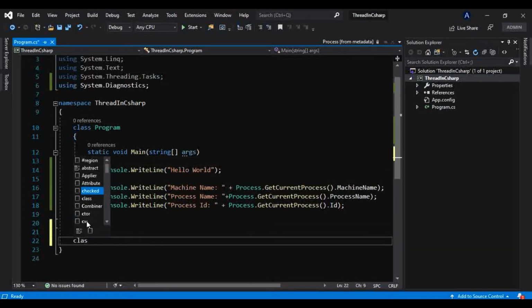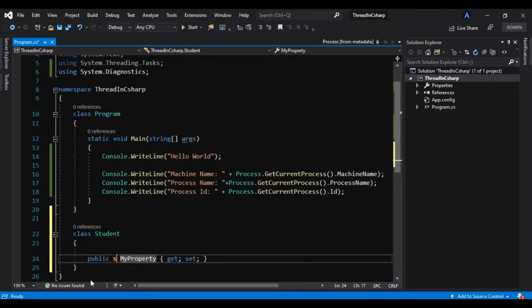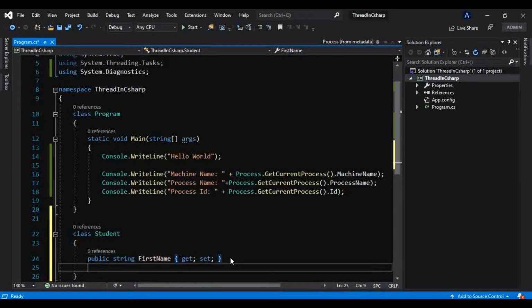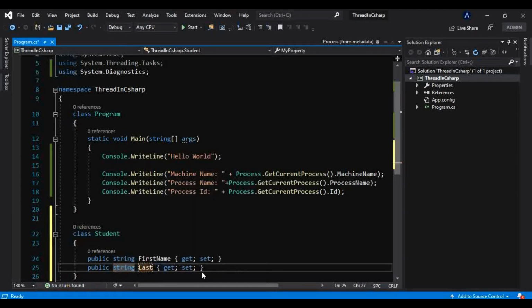Okay, I will create one class, Student, and in that let me have one property that is string first name, and a property last name.